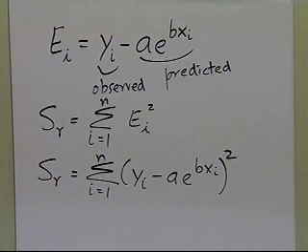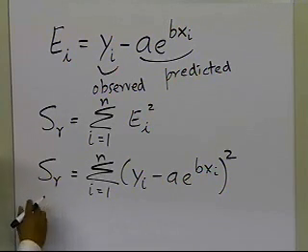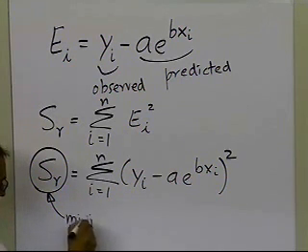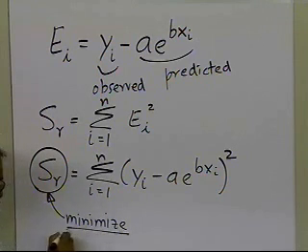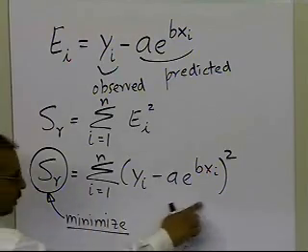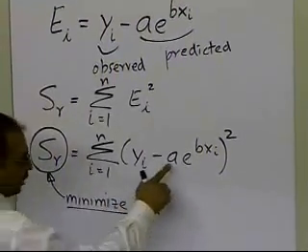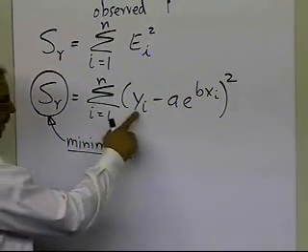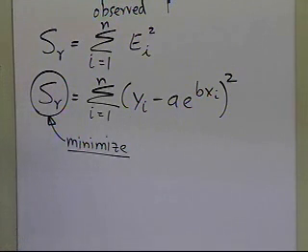Now in order to find out what the constants of the model are, if you look at this particular expression, what we want to do is make this sum of the square of the residuals as small as possible. We want to minimize it. In order to minimize it, we need to find out when this becomes as small as possible. And the only things which we can change are a and b. A and b are the variables now for minimizing Sr, because yi's and xi's are fixed. They are given to us. They are experimental or whatever data is given to us.